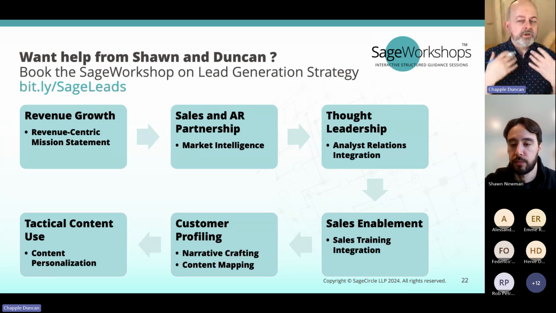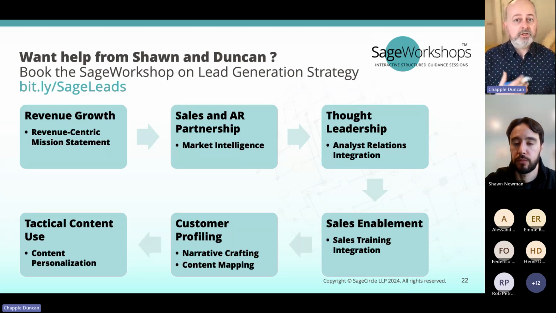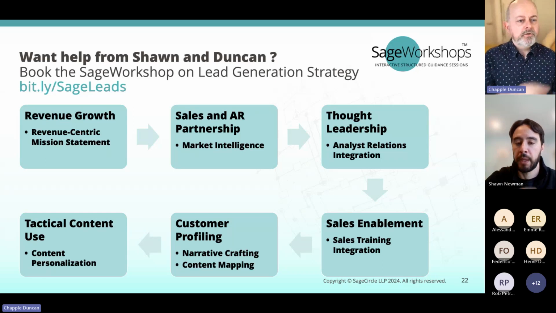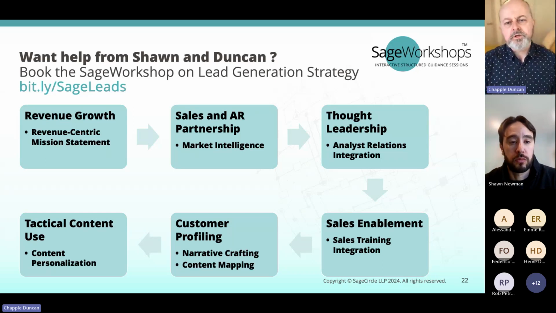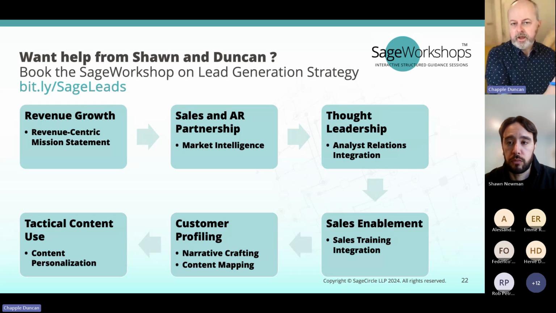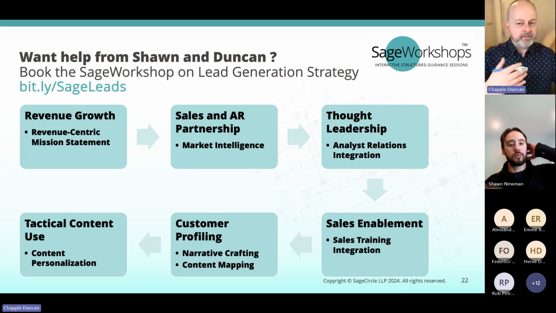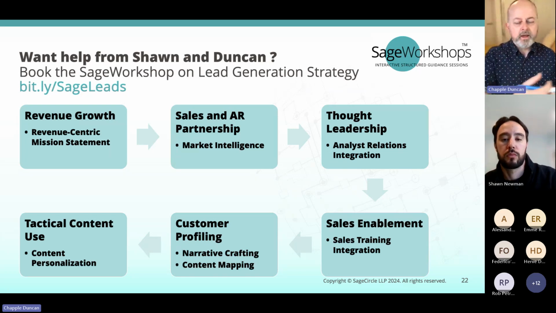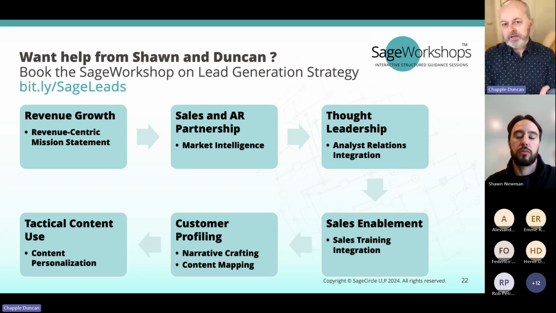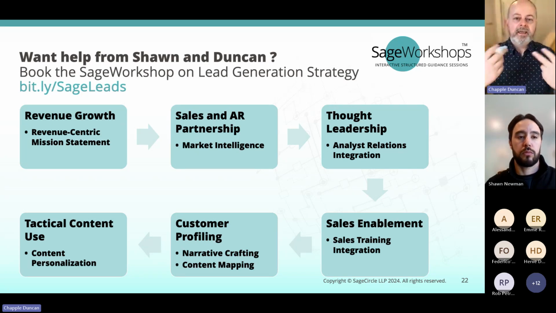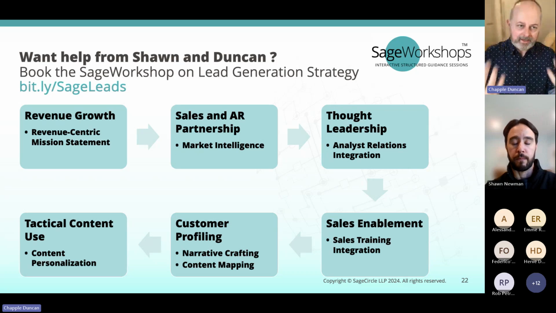But then we go to drill down into two activities more deeply in order to help people to start to operationalize this. So this is the flow through the six blocks of the workshop process. We're talking about crafting that kind of mission statement, understanding how you can start to activate the partnership with analyst relations by learning how to extract analyst insight and deliver it to sales in the way that Shawn has spoken about, making it easy for them to digest,